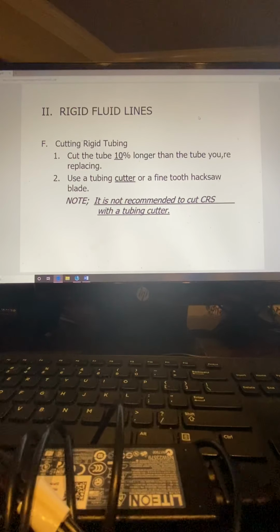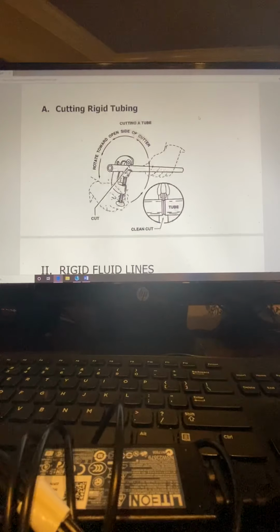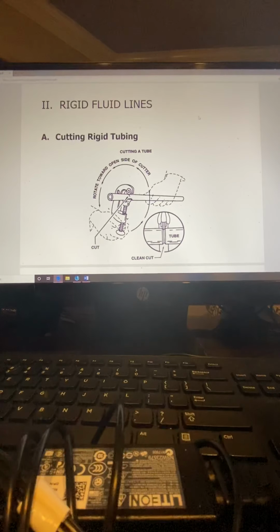and AN fittings. So first of all, when you're cutting rigid tubes, the best tool to use for that is called a tube cutter. The tube cutter is illustrated and used in this picture. To be honest with you, the best way to get familiarized with a tube cutter is actually using it, which we'll do in projects 1, 2, and 3. So you'll get the chance to use those when we get back into the shop and get these shop projects